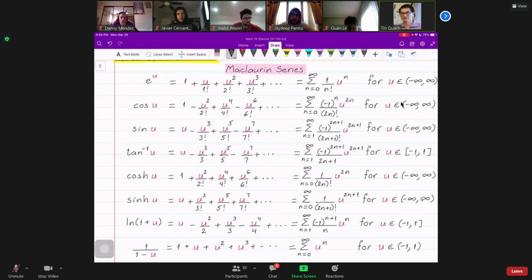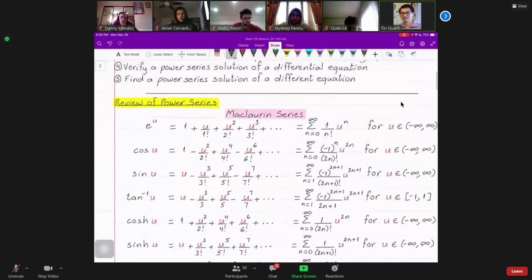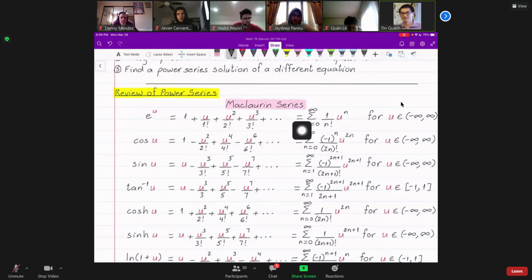Okay, like right here. This is a very basic Maclaurin series that you need to know. That is the function e to the u. So e to the u is 1, u, u squared, u cubed, u to the 4th, and so on. In the denominators are just the factorial of the exponents of u. Right here, the exponent of u is 0, so down here is 0 factorial. By definition, 0 factorial is 1. And the power of u here is 1, so down here is 1 factorial.